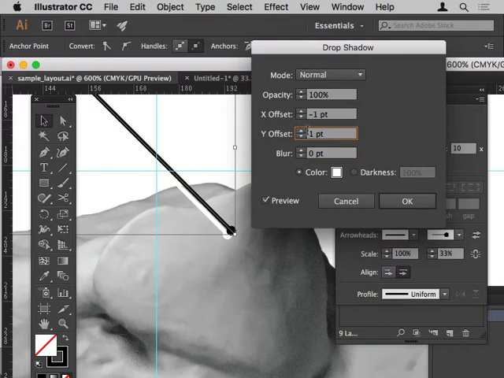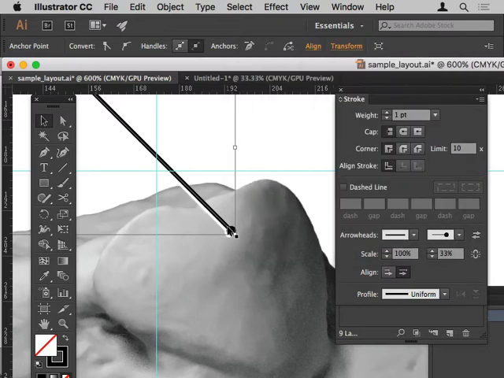maybe move it down here. If that's too much, then you can change this to a float value of like 0.5 and -0.5. So all we're trying to do is just to set up a very small offset color to pick it up off the underlying image. If you want to go back and change that again, if you select this object under